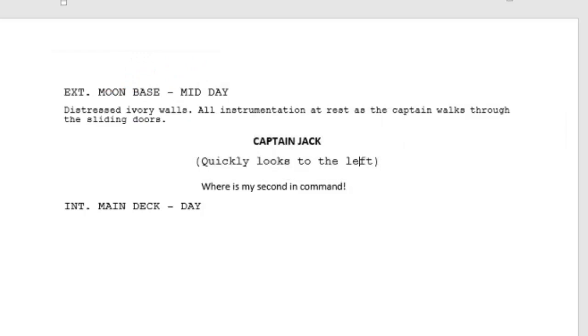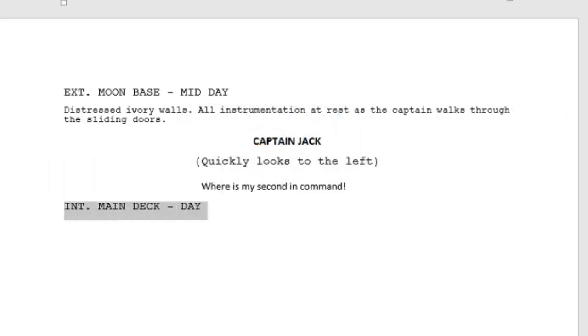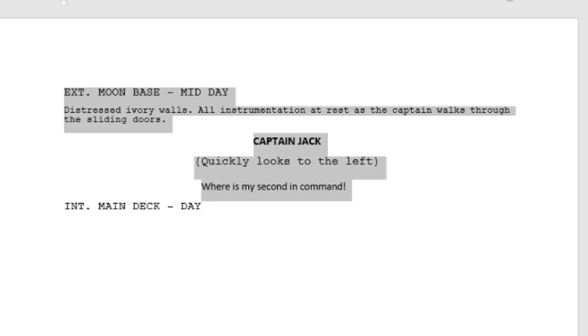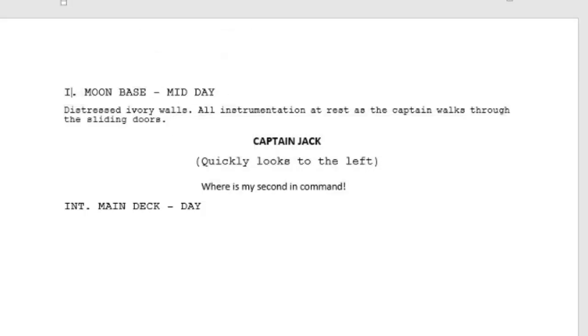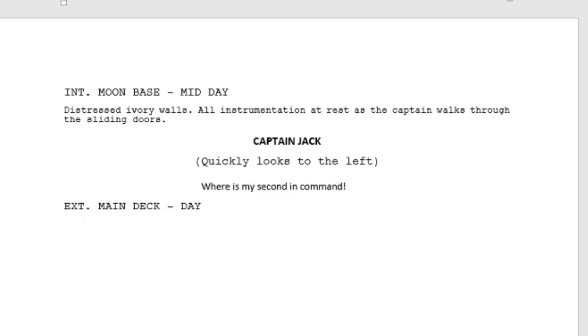And if they are doing something before they say it, you can put that here, or even after they say it, you can put that there as a continuation. And then you continue on as the scenes change. So let's say you have the viewer here on the outside of the moon base, and for some reason the captain walks in and all this other stuff happens outside the moon base. He must be some sort of special captain. So maybe we messed this up, and this probably should have been inside the moon base. So internal, and maybe we can do something external, outside the moon base. We do external moon base.